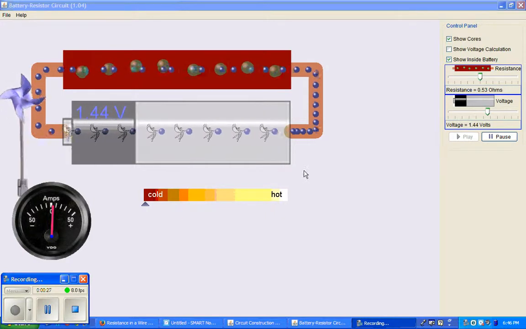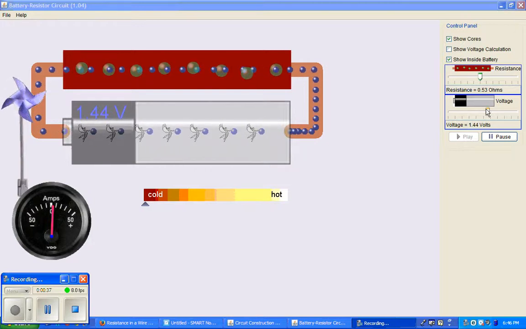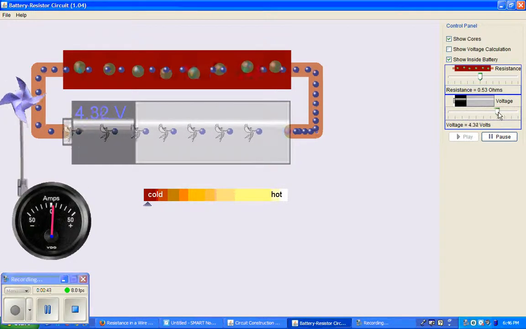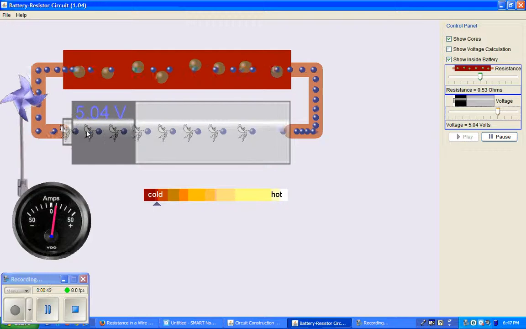I'm just going to change and manipulate the conditions in the simulation, and we're going to see what the result is. Okay, so I'm going to increase the voltage. Right now it's at 1.44 volts. If I increase the voltage to close to 5 volts,